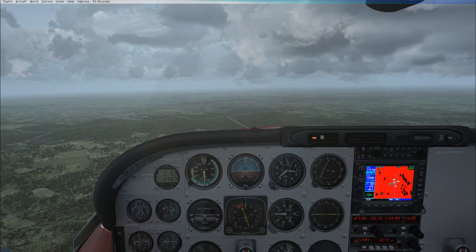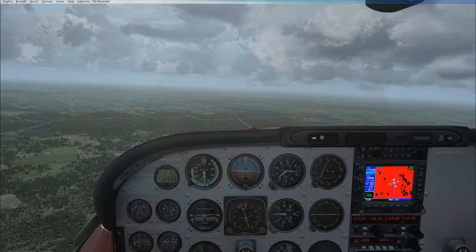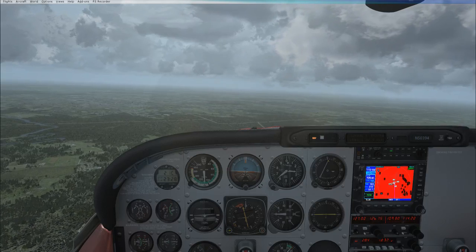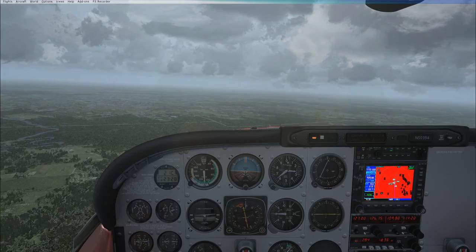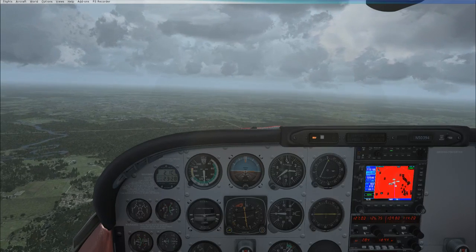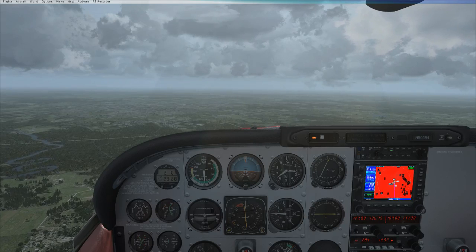GPS is not functional, so we're going to have to find the airfield the hard way. And this airfield can be a bit of a pain in the butt to find, because it's out in the middle of nowhere and it's not very big. IRL, you really don't see it till you're practically right over it. It's a little easier to find them in flight sim, however. Alright, this is Folkestone we're coming up on here, which is the town the airport is in. The actual location, though, it's southeast of the town, or southwest of the town, so...